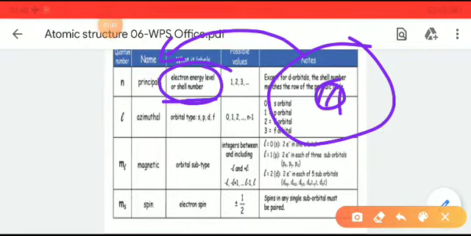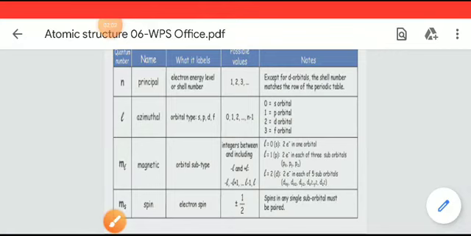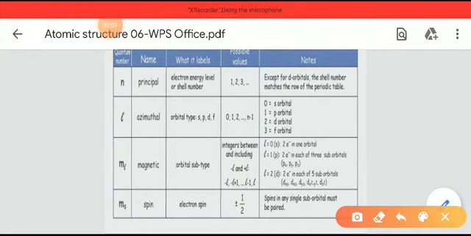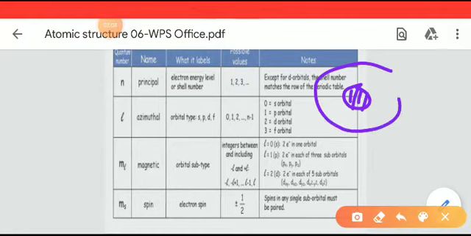That electron revolves around the nucleus. So the electron revolves around the nucleus in a circular path, and this path is expressed by the principal quantum number, that is n. And what is the azimuthal quantum number? An azimuthal quantum number defines these shells, that is, when electrons move around the nucleus in a certain path.